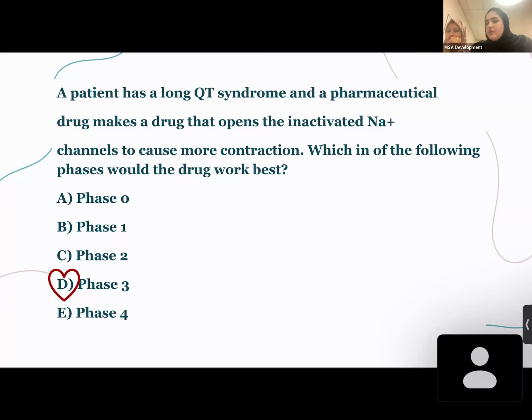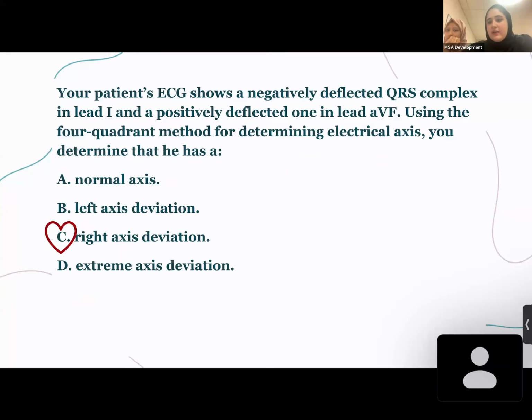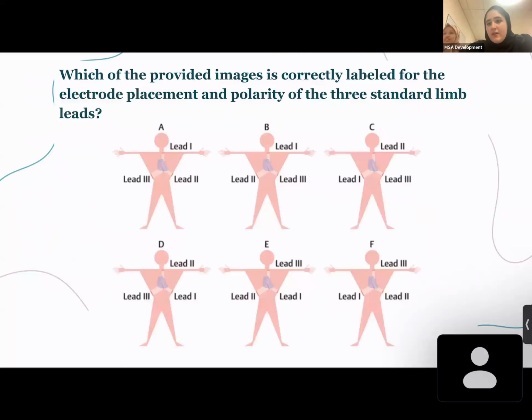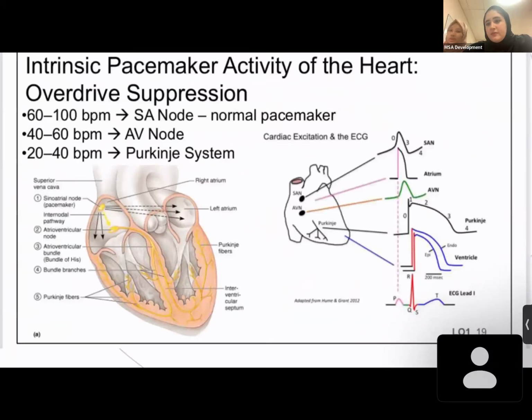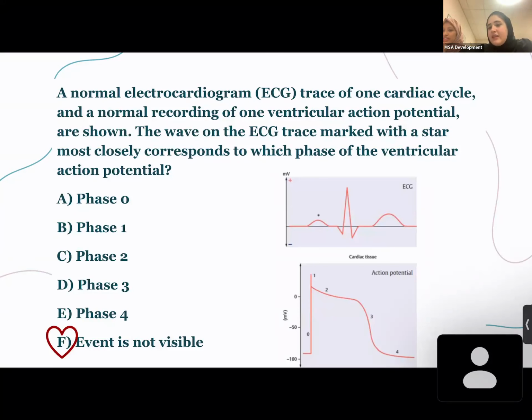Okay, so which diagram is this? Wait, let me go back. Yeah, go back. It's okay. It was shown way back, but yeah, in here. Yeah, literally here. So basically,